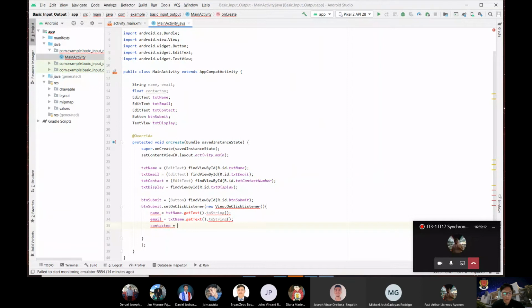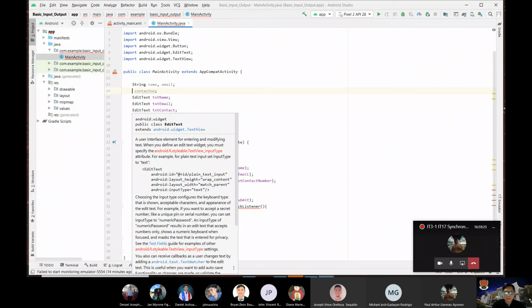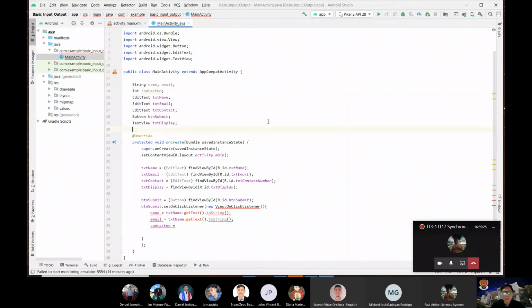So ang gagawin natin dito class, since this is the value of this one is float or integer, right? Sabihin natin integer. Okay. So what we will do is we need to convert kasi yung txt natin, so integer, yung component natin is text, right? So text siya, that value